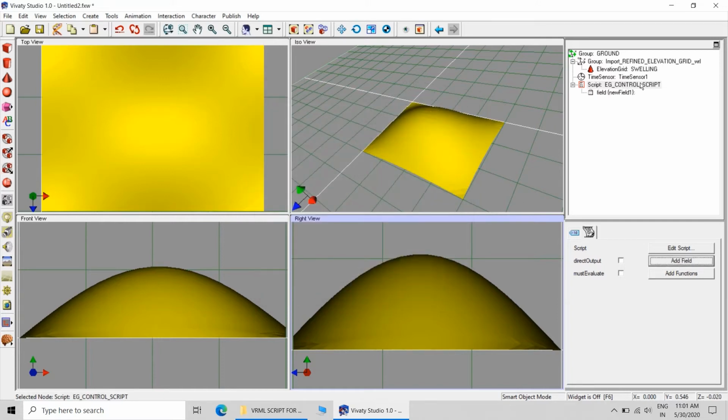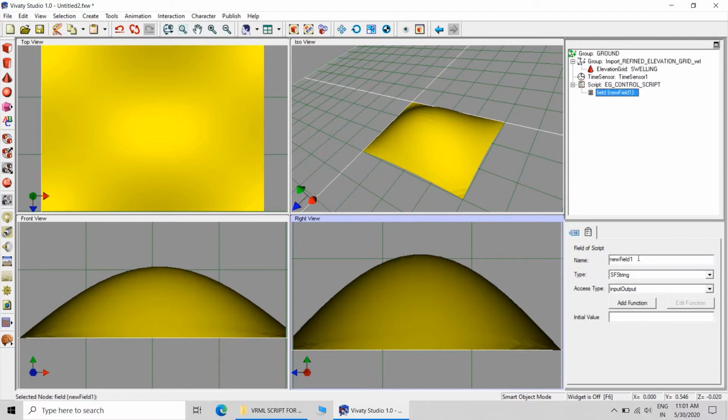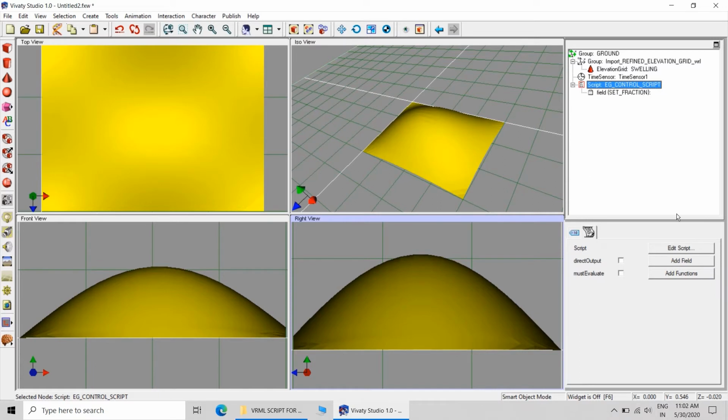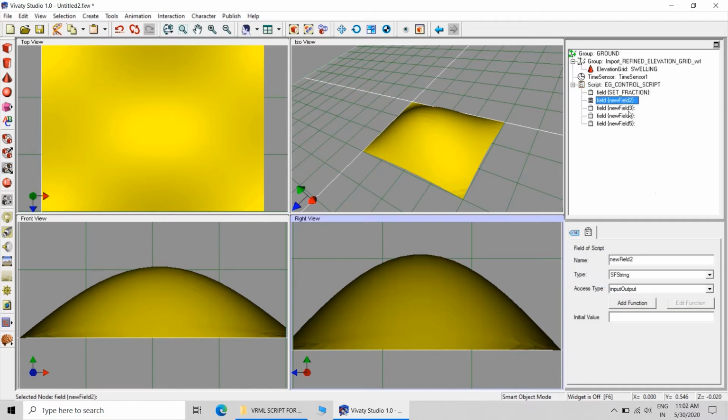Then you can add the fields. A total of five fields will be required. This field will be called set fraction. Then add the respective fields. This will be height changed.